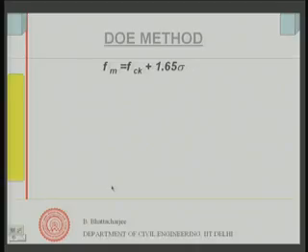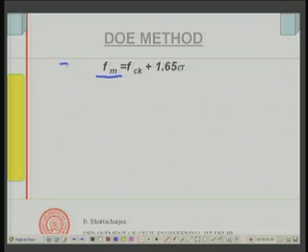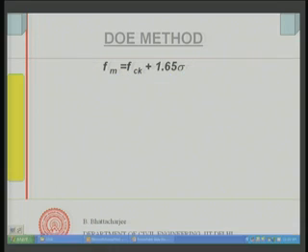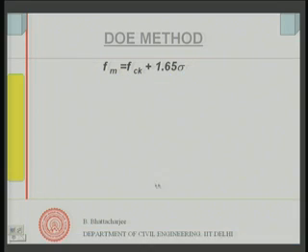Right. Now, this method, if you look at it, starts in the same manner as the IS method or many other similar methods. So, what do we do? We first find out the target mean strength, that is TMS, and in the same manner as characteristic strength plus 1.65 standard deviation. We find it out in the same manner as we have done for the Indian Standard method, and then steps 1, 2, 3 etcetera follow.